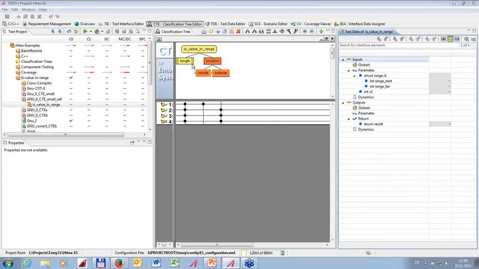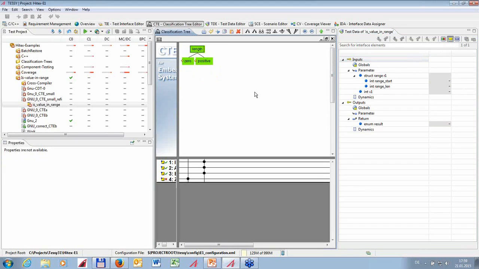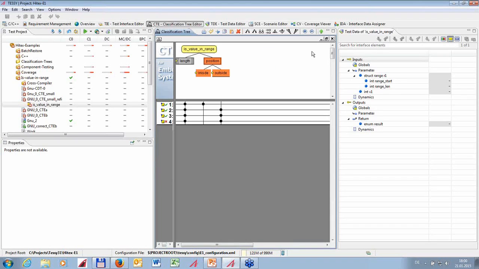The classification length has a double border, and this means there is something beneath this classification, and also the class outside is underlined, which means also there is something beneath this class. And what is beneath? You see, if you double-click on the classification, we see that there is a classification called length with the two classes we already know below. And you can go back to the upper level of this tree by clicking on this green arrow,